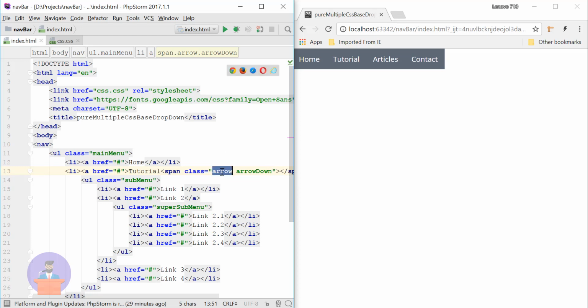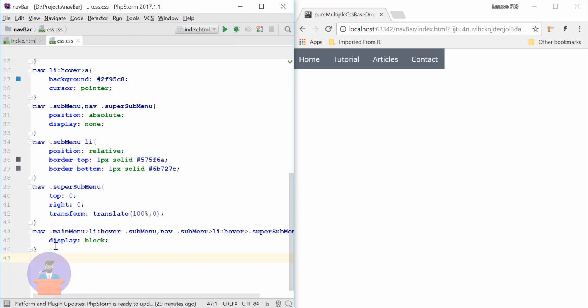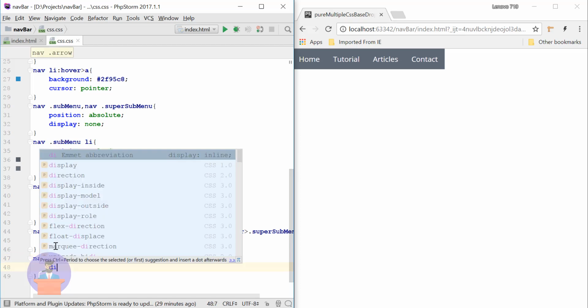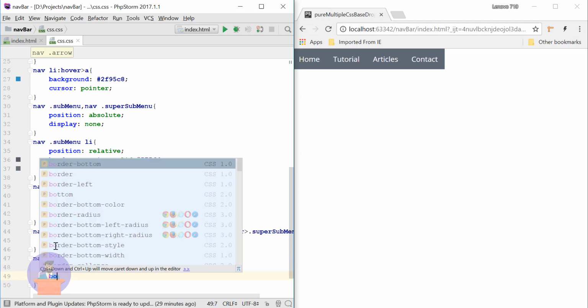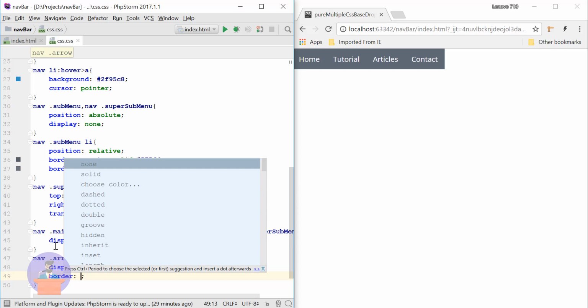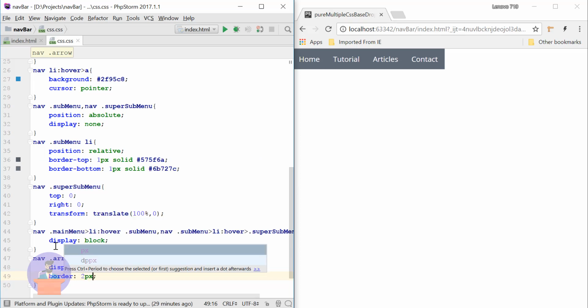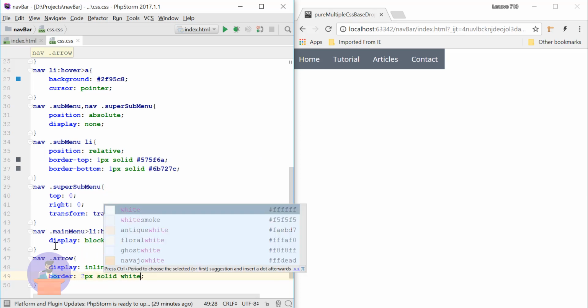Okay, so let's apply some CSS to this arrow class. So inside our navigation bar we have arrow. Here I will make this arrow element inline block, and I will provide some border, 2 pixel solid and white. So here what we are doing, we are creating an arrow.